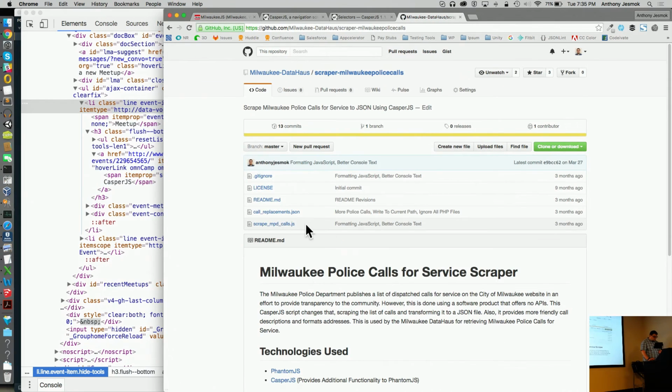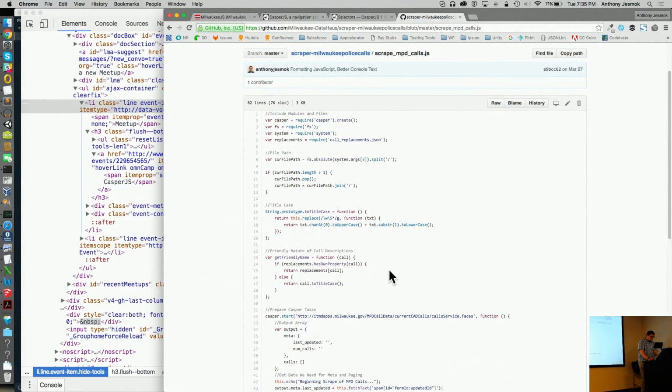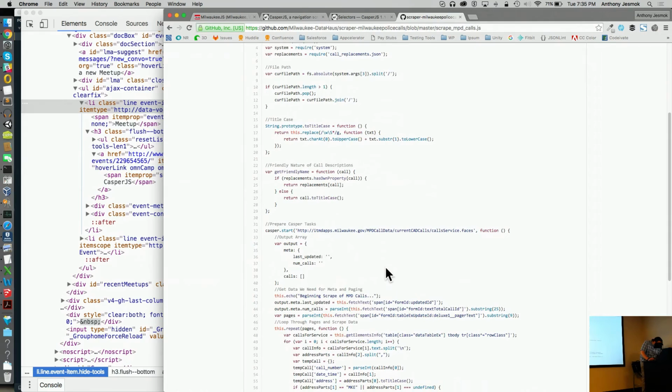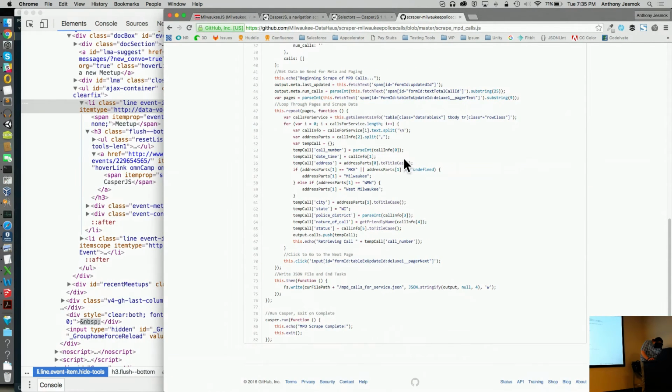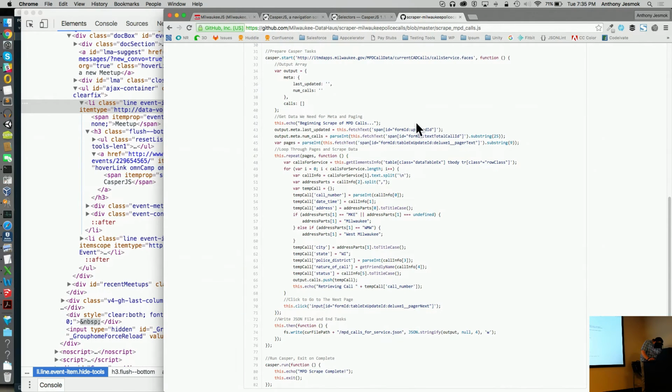So I built a scraper a while back for Milwaukee police calls for service, which is really cool. All right, here we go.